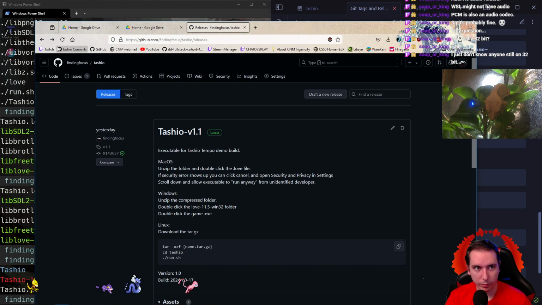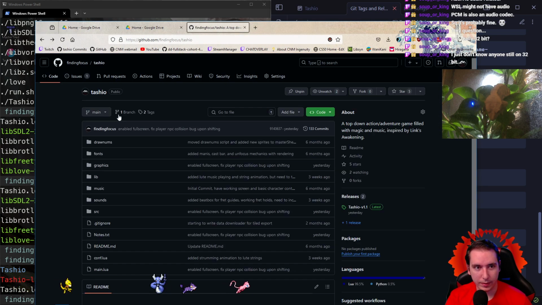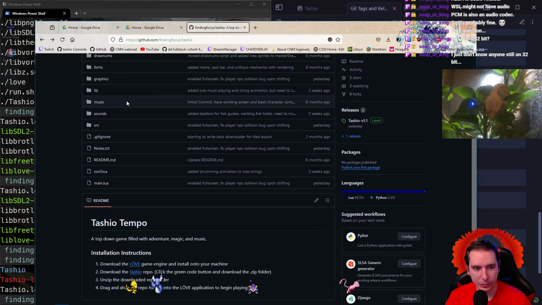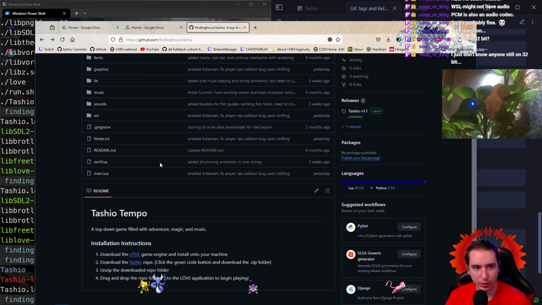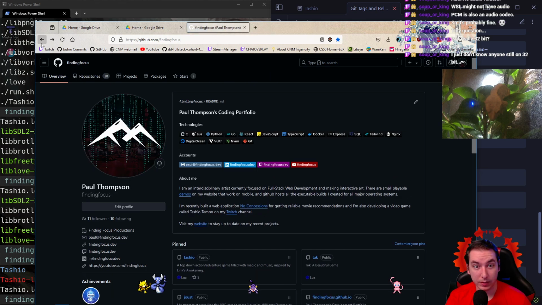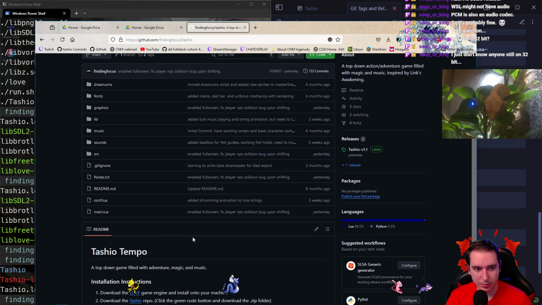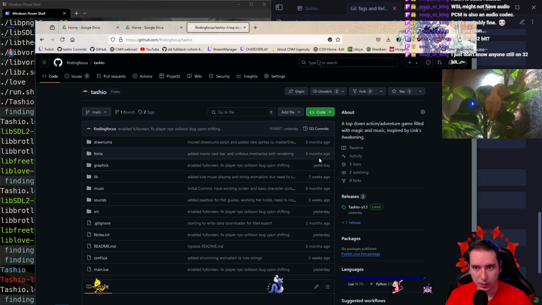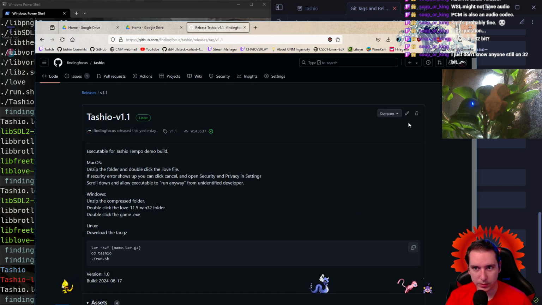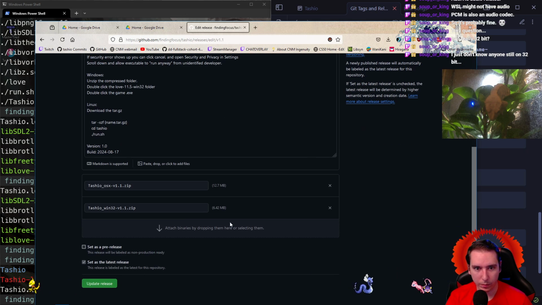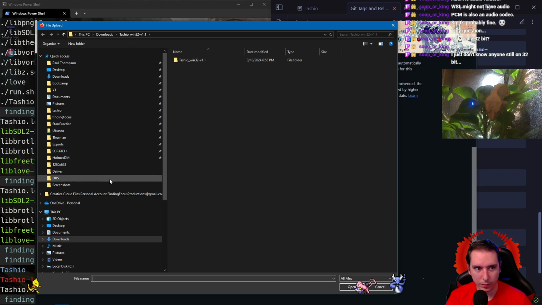So we'll go into our release, and after stream today, I will boot into my Debian and try it myself on Linux, and hopefully it works. If it doesn't, I'll try to build it on Linux itself. But I do think Windows subsystem is screwing it up. So let's go to the latest release here, and we'll edit it, and we'll add a new tarball, which is